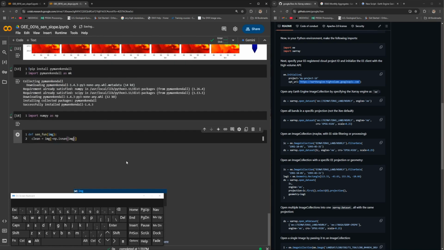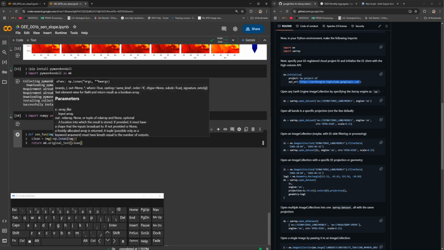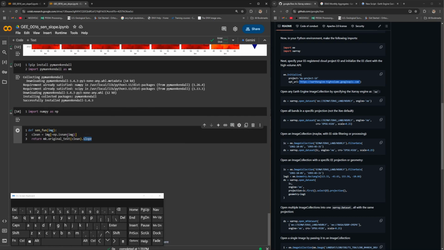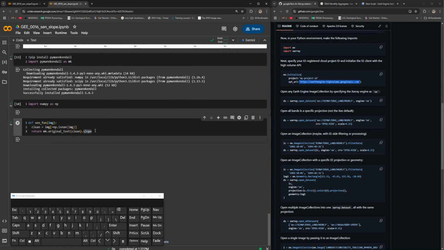Now the data gets cleaned here, and finally the function returns the original test on clean data, the data with nan values skipped. So now the original test.clean, as the MK original test has different outputs, we want to select the slope output that refers to the Sen's slope function. So let's run the function here,